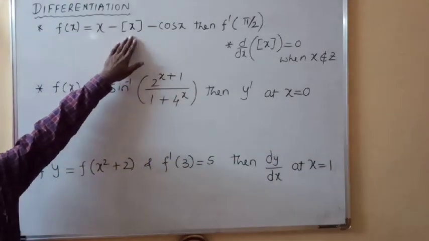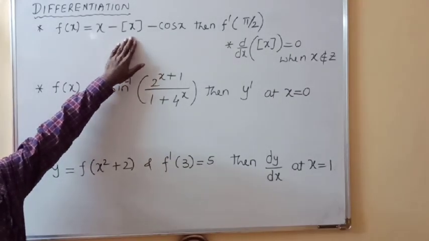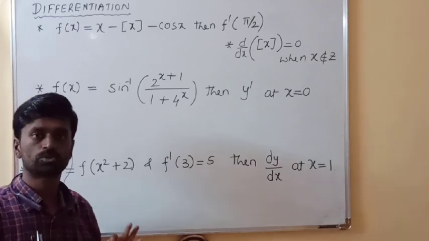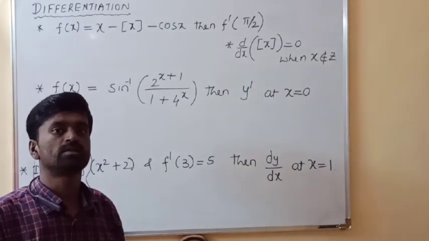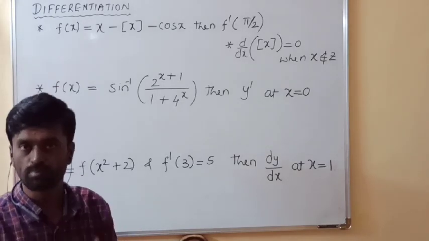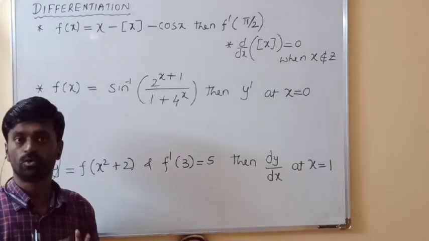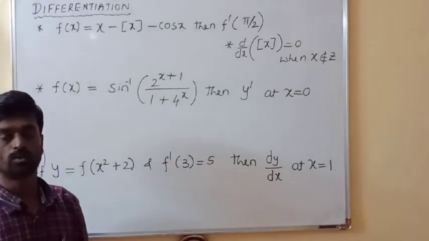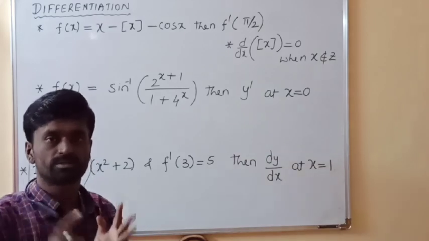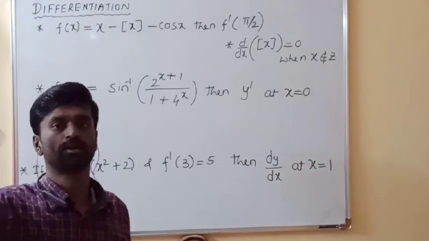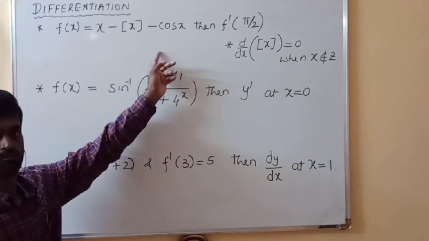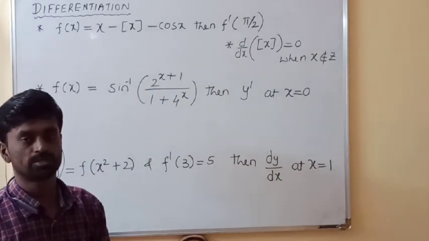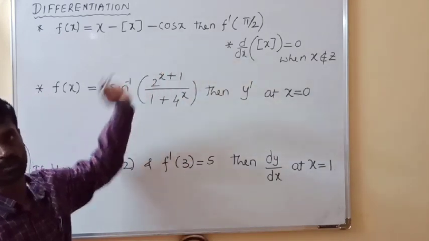See, don't be panicked by looking at the mod function or step function in the given problems, especially in differentiation, because I have seen many students panic, and even though they know the answer, they put wrong options. So don't panic. Now here we have to find f dash of pi by 2. And don't blindly tick 'does not exist' by looking at the step function or mod function. Because in this question, of the 4 options, one option is 'does not exist', but that option is the wrong one for this question.